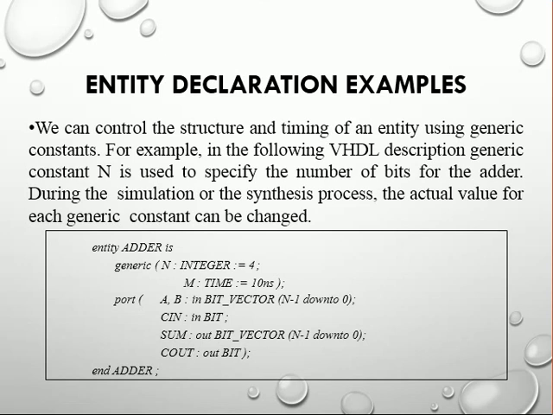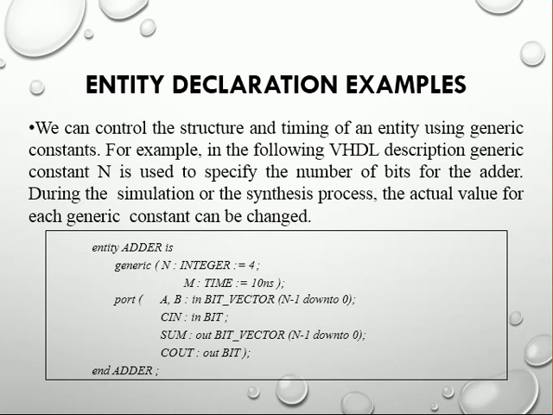Now, earlier I said that we can write a generic declaration. Actually that is part of the entity declaration, but that is optional. So in the simplest form we omitted that part. But now here is the example which has generic declaration. So that means generic constants are there in this declaration part.